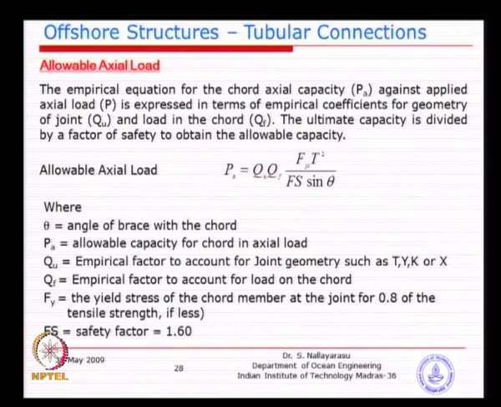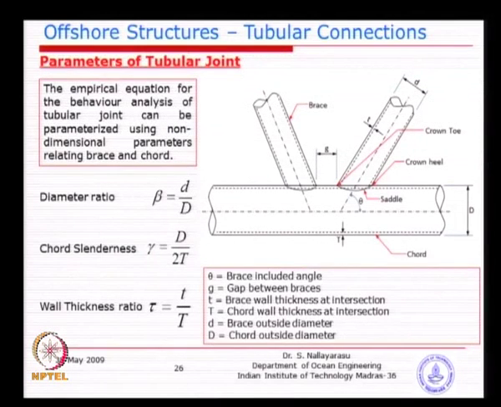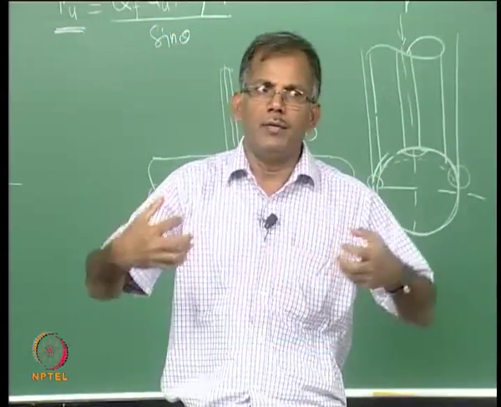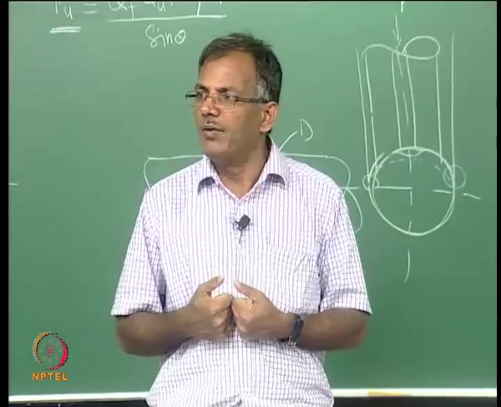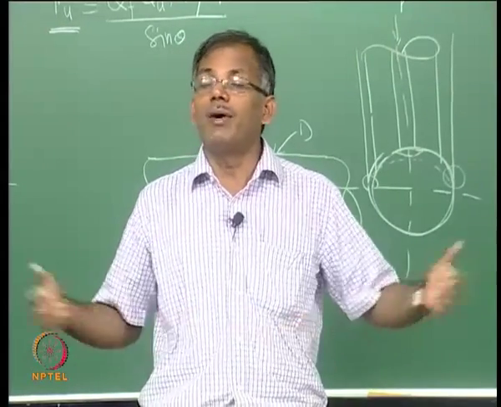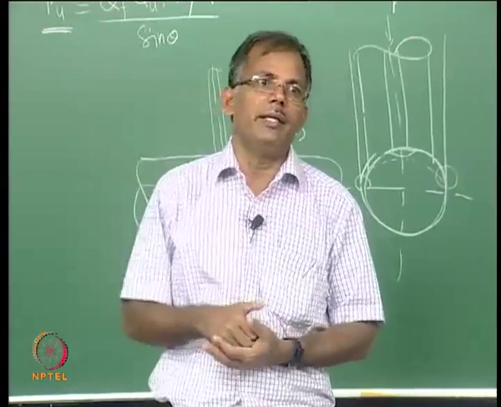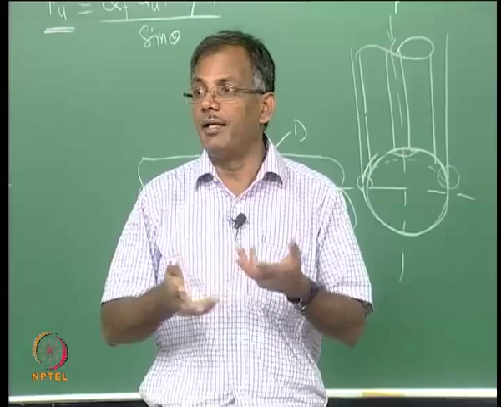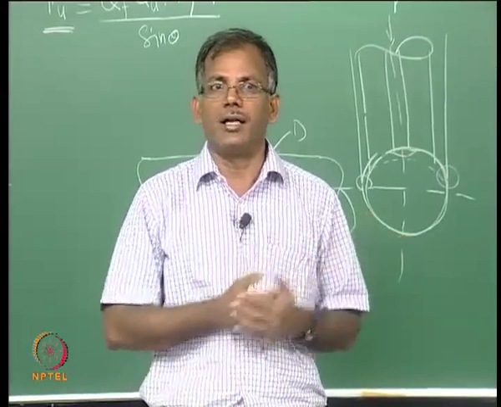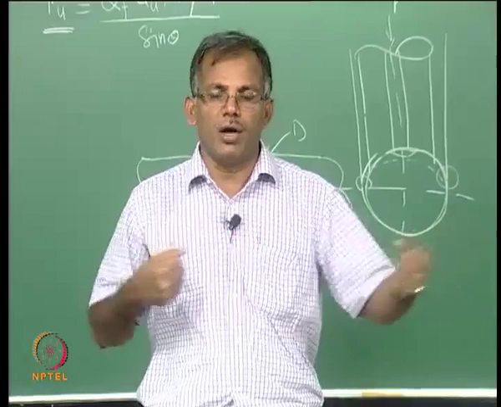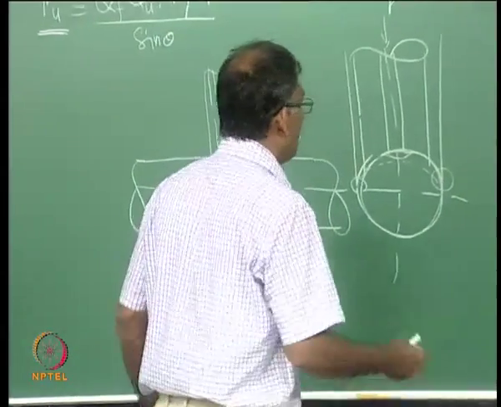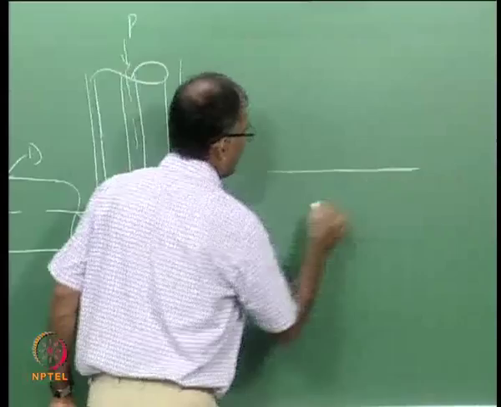For example, if I go back to this picture, if I have a load on this brace, as well as a load on this chord, the brace load is going to compress, for example, and if you have a tension load on the chord, what will happen? The failure will be earlier than expected. But if you have a compression load on the chord and you have a load from the brace, you can see that the failure will not be as early as in the earlier case. So, the influence of the load on the chord is going to actually help, because